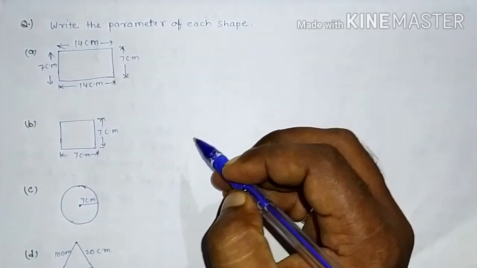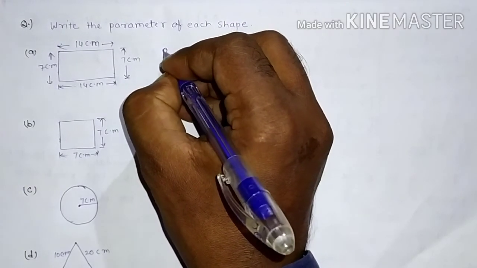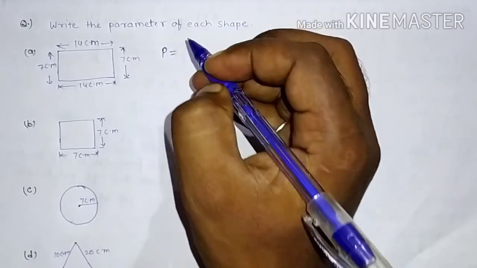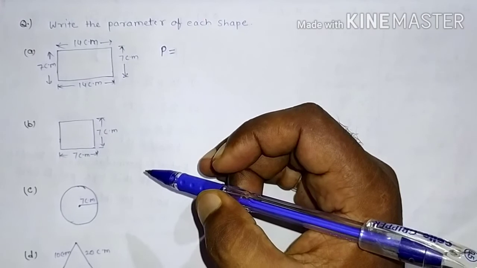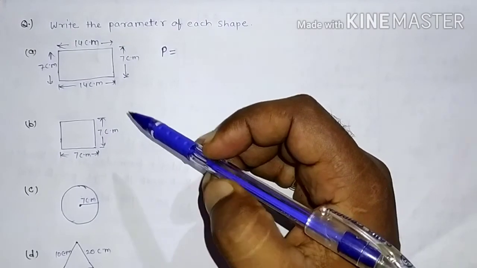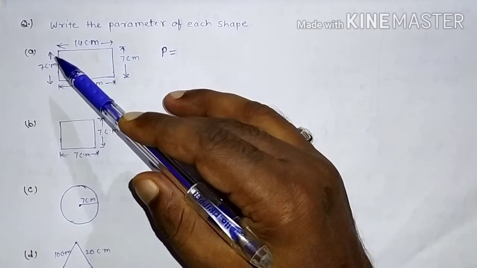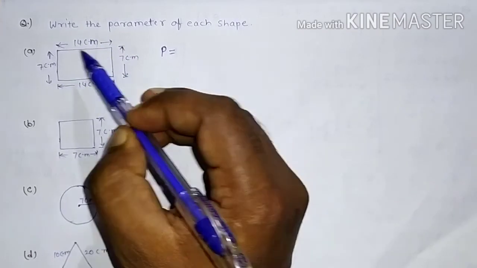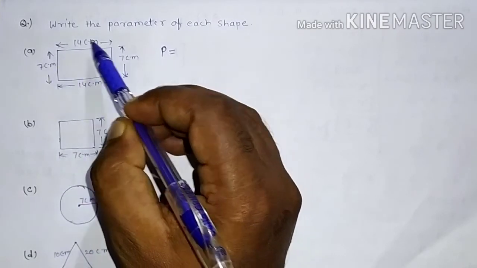And what we have to do, we have to find the perimeter. Let's suppose perimeter is denoted by capital P. So what I have said earlier, what is the meaning of perimeter? It is the addition of all measurements of sides which are given in the figure. So there are 4 sides and there are 4 measurements given. So just add these 4